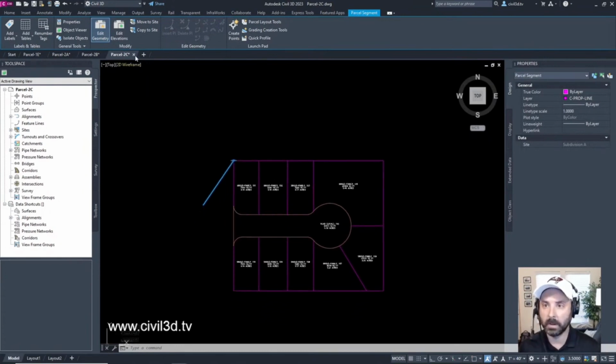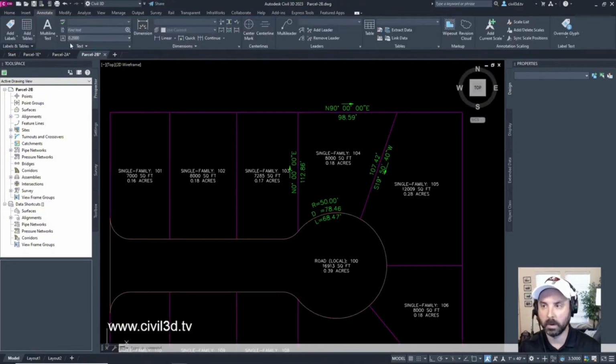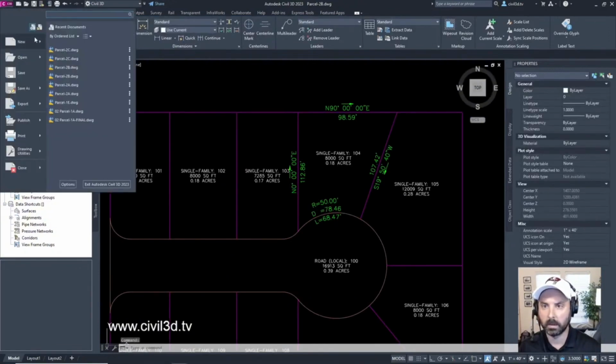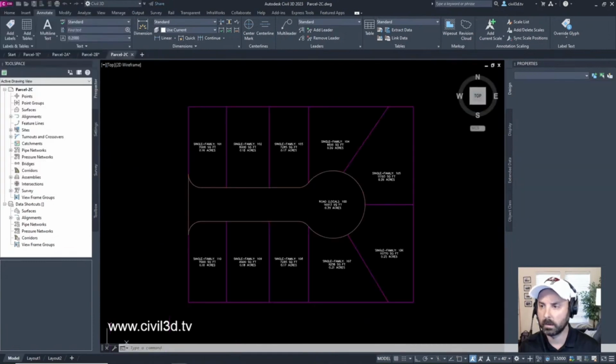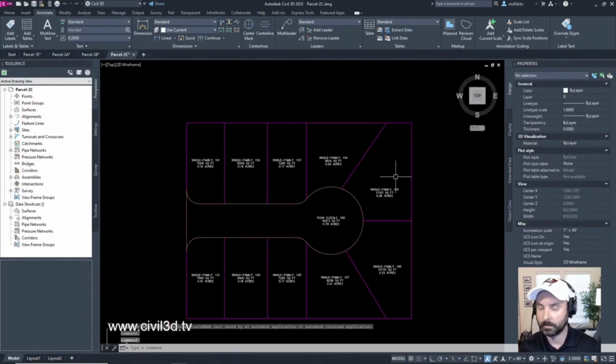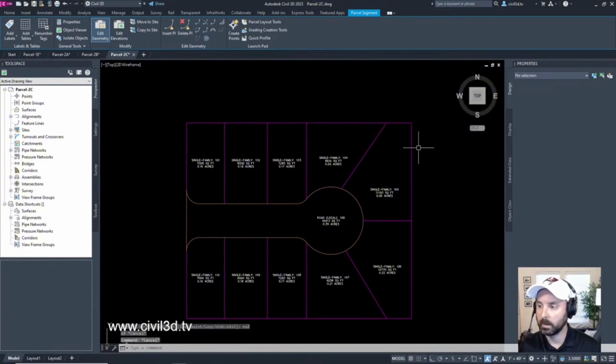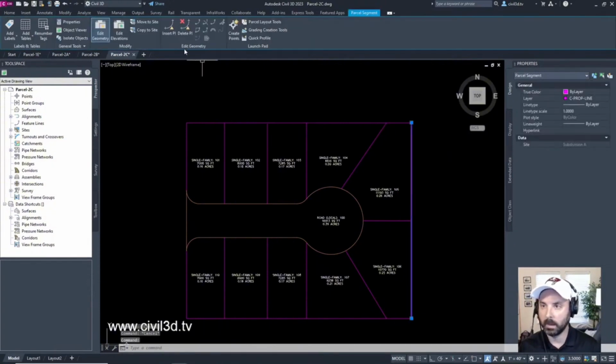What I'm going to do is close out of Parcel 2C. I'm going to hit no. I'm going to open this once again. Okay, this is the saved copy on my desktop. I'm going to select this. What happens if I move it this way to this line? Oh, wait a minute. I need to add that PI again.